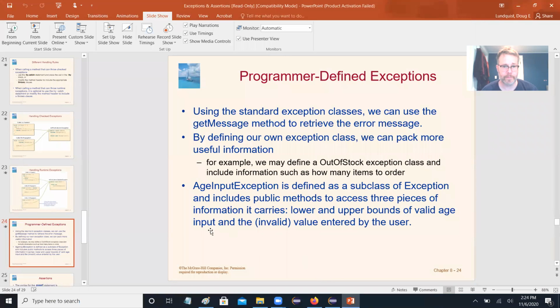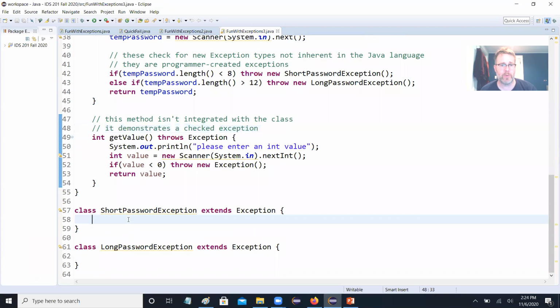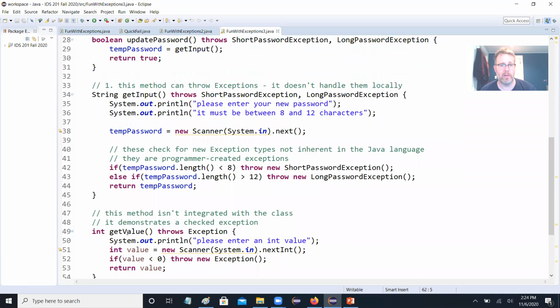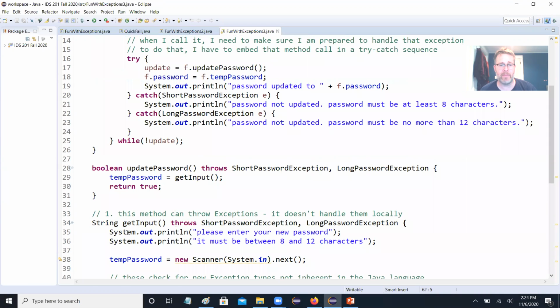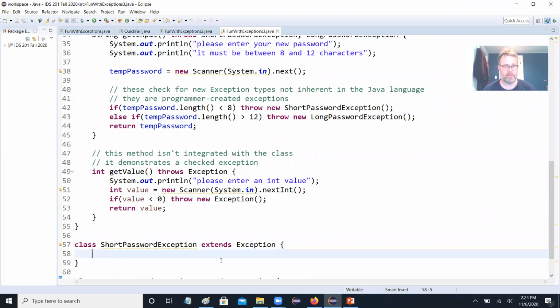All right. So anyway, programmer-defined exceptions, we had some of those in the work we did the other day, right? So I had a short password exception, and we didn't really do anything meaningful with them. But one thing I could do is I could have a string, you know, text, right? So I could do something like